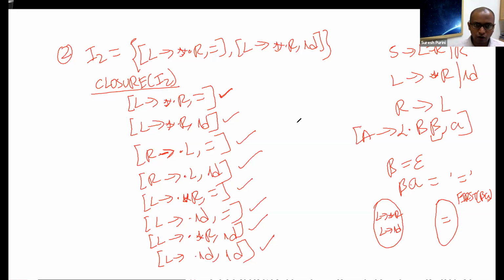So if you see how this closure is working, you start with the base set of items I, and then you expand it by adding a few items. And then using the newly generated items, we try to expand this further. We add new items from the newly generated items. At some point, this set becomes closed. That means we cannot expand it any further. That's the reason this is called the closure. This is how we construct the closure for a given set of LR1 items.